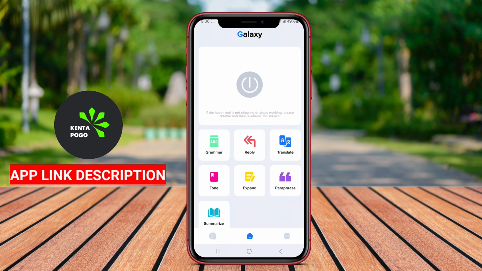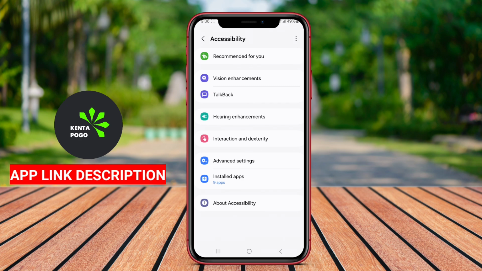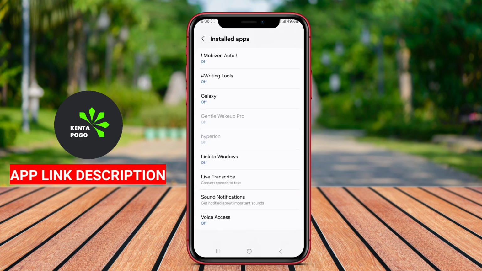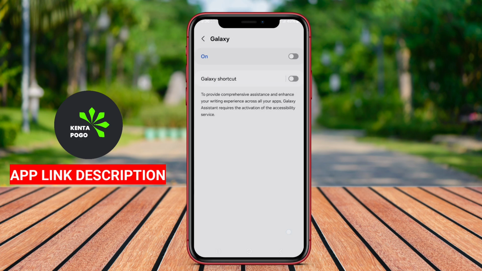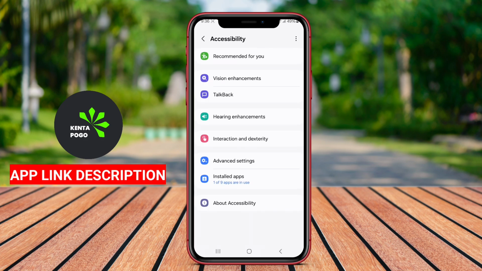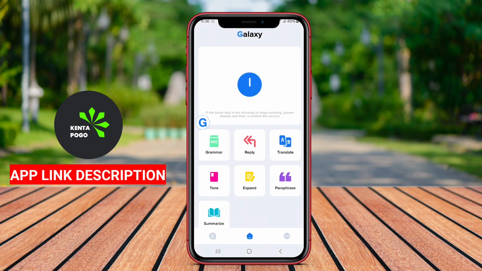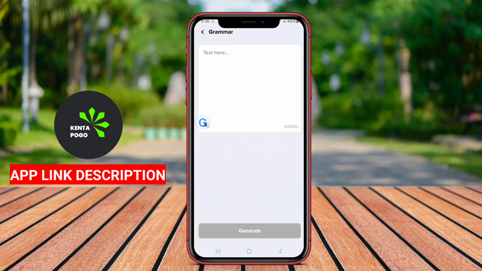The app typically features voice recognition capabilities, allowing users to interact with it hands-free. Users can ask questions, set reminders, send messages, or control smart home devices, making it a versatile tool for managing